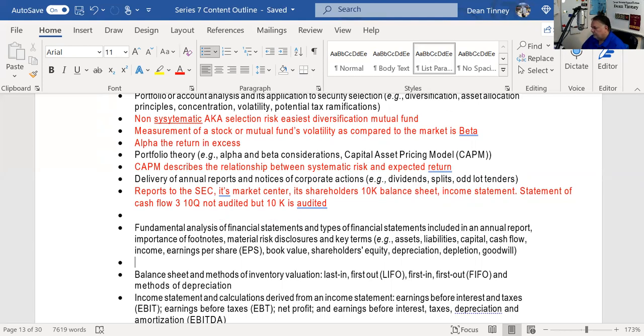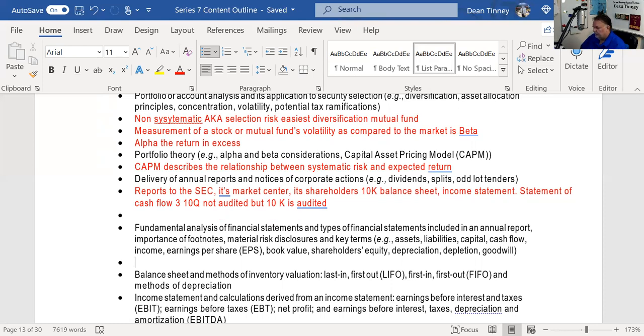So I told you what the financial statements were. I said the financial statements are going to be a balance sheet, a picture in time of the company, a picture in time as of December 31st or March 31st or whatever it happens to be, June 30th. And we said it's going to have an income statement and it's going to have a statement of cash flow. And there'll be some footnotes,